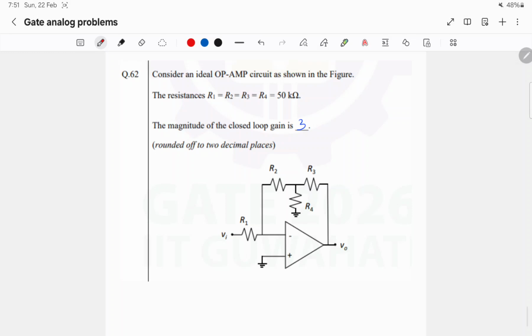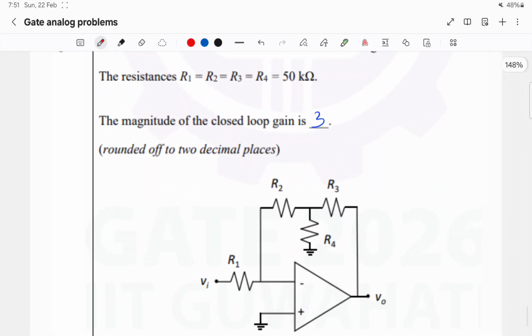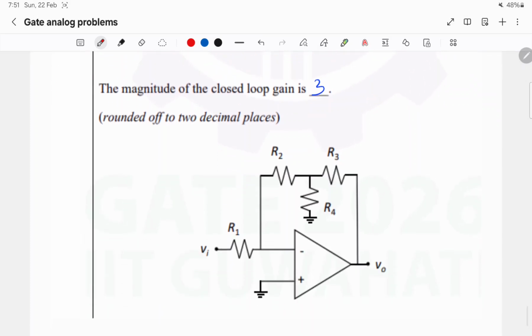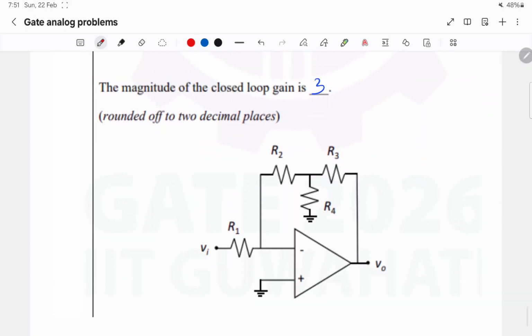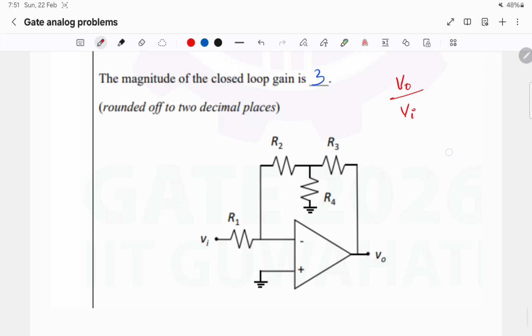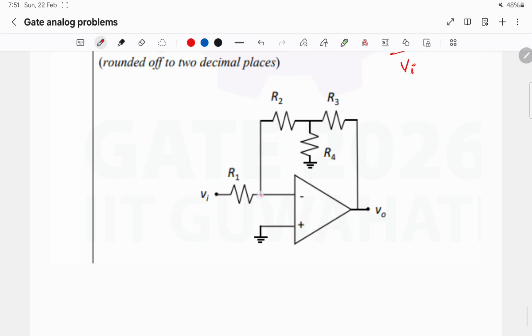In this question they have given all the resistance values as 50K and they ask to find the closed loop gain as V0 by Vi. Because it is a negative feedback, it will be a virtual short and the current flowing will be Vi by R1. So the current flowing in the R2 resistance will also be Vi by R1, and the node potential here will be